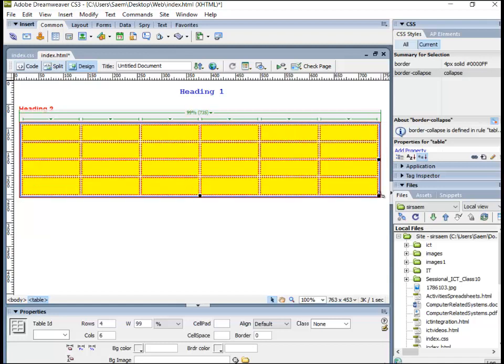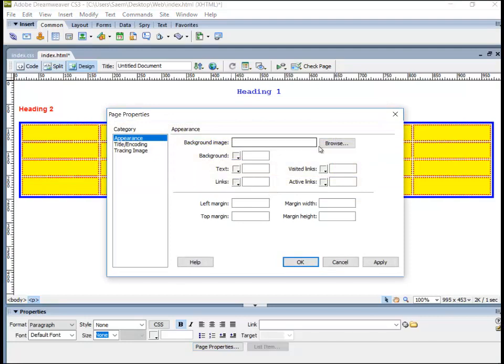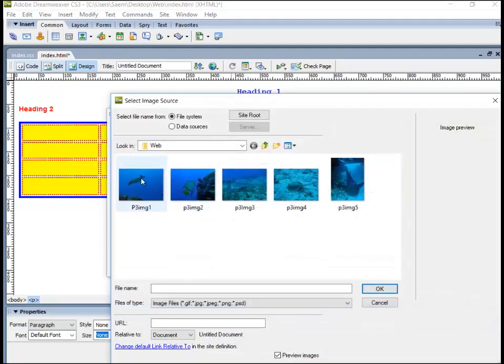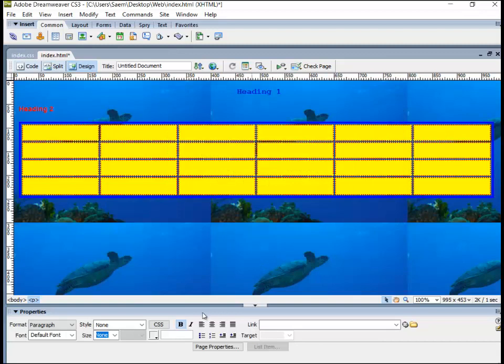Now I need to discuss images. I can insert images in a page in different ways. Please listen to this carefully. I'm recording this lecture, but it's important. Come to Page properties, come to background image, and let me insert this in the background. I've inserted this in the background,